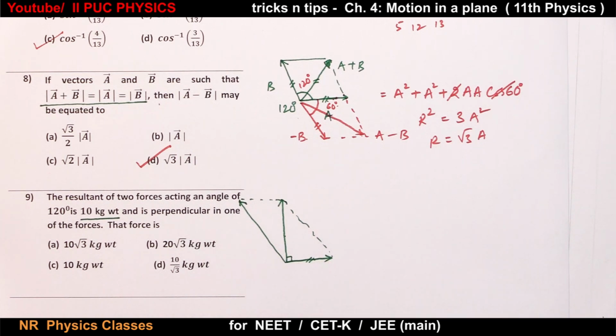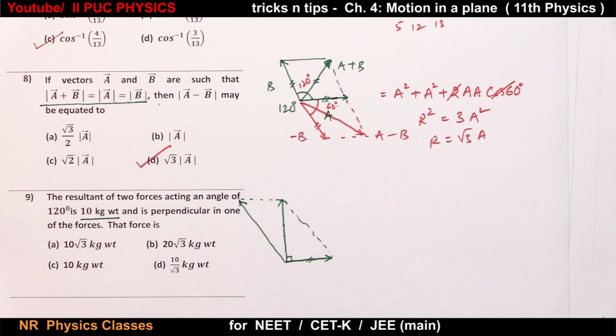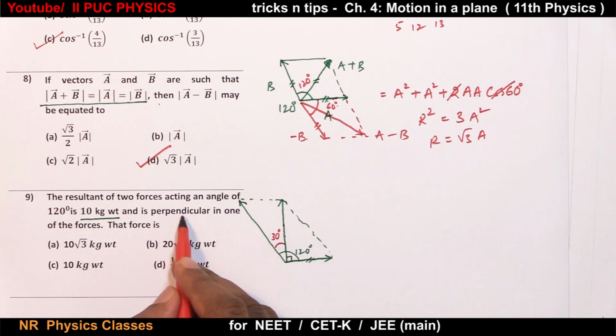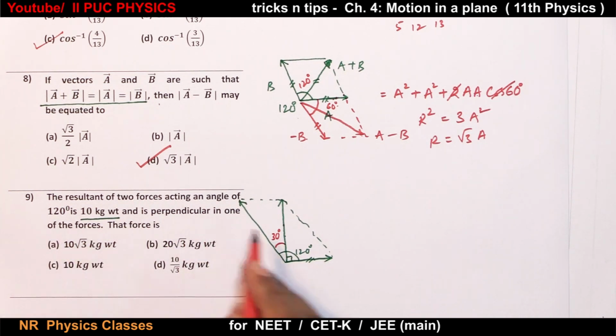Because if I draw the parallelogram, the resultant is perpendicular to the first force, and this is also the diagonal of the parallelogram. This angle is 120, this is 90. Therefore the remaining angle is 30 degrees. They are asking for the resultant perpendicular